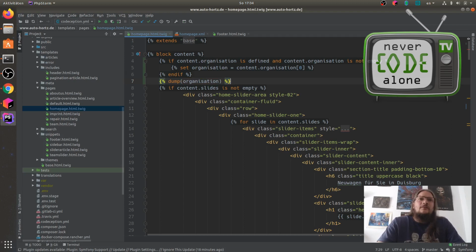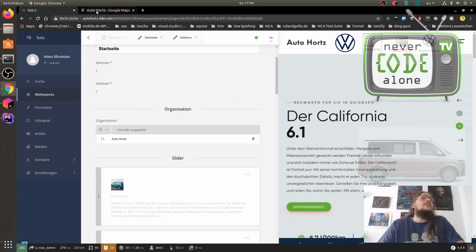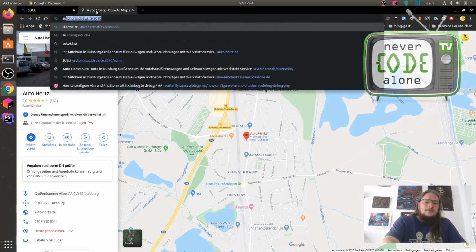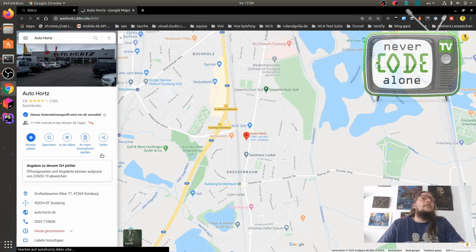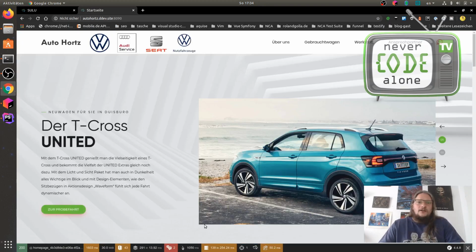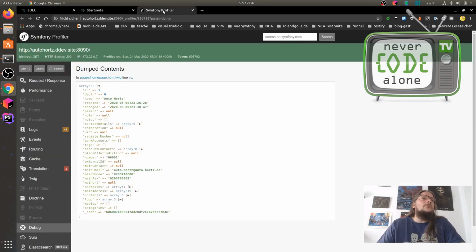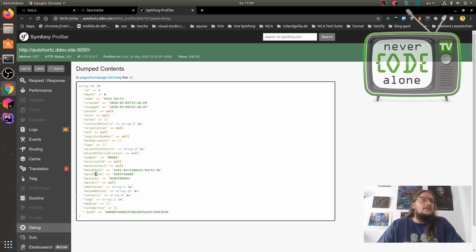And now when I re-render my frontend, I have down here on my Symfony debug bar, I can also open this in a new window. I have all my information and I have here a main email and a main phone. So main email,